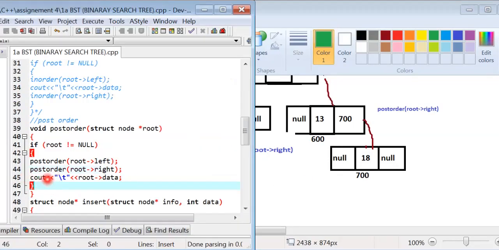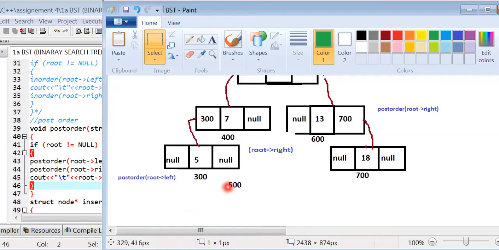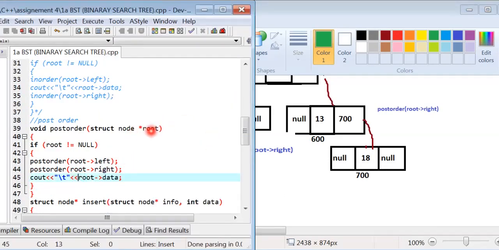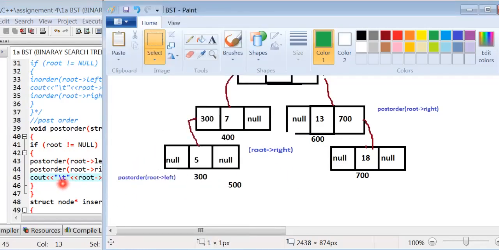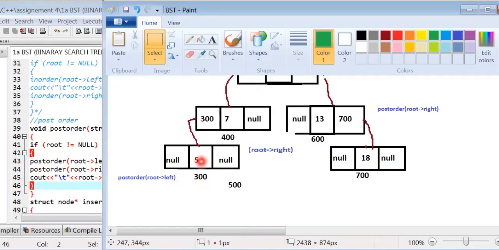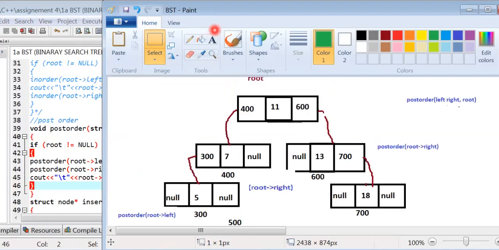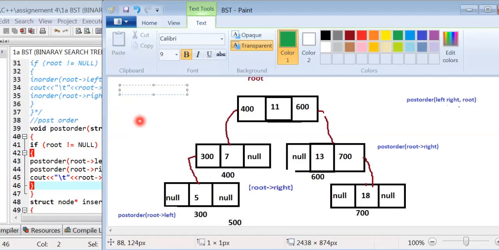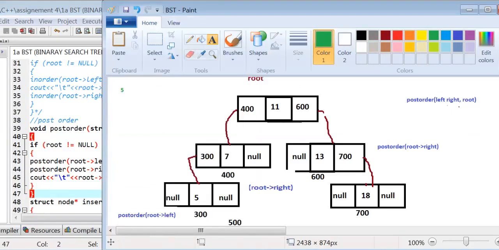We check the condition post-order root right: root points to the right part, value is null, the condition is false, so the call is terminated. Then we execute this line, cout root data. Root points to this node, data value is 5, and 5 is displayed, and the call is terminated.